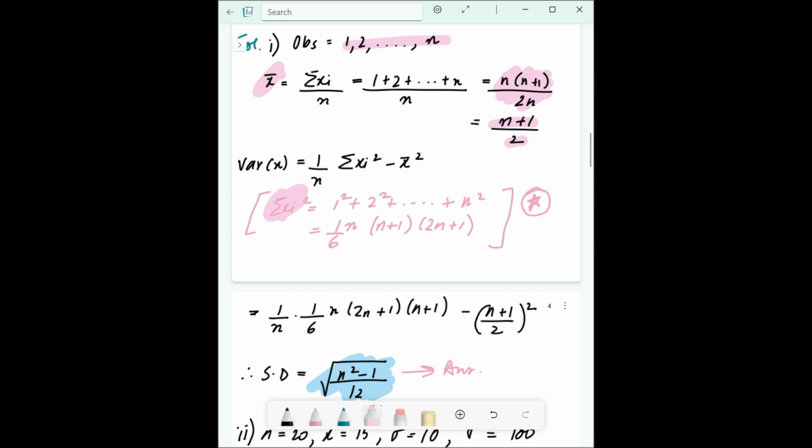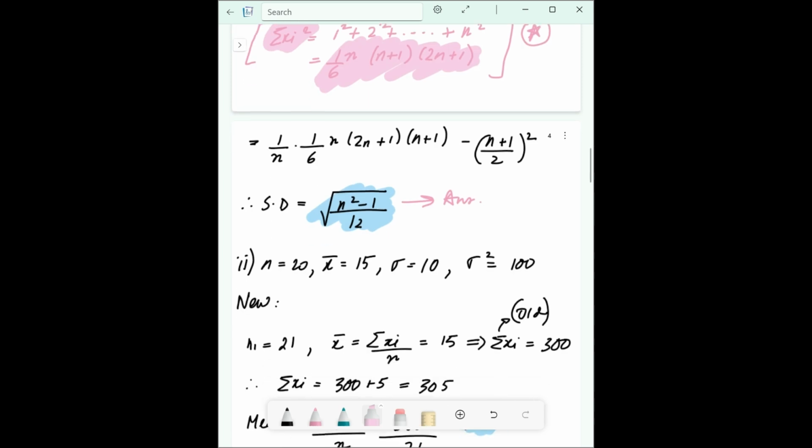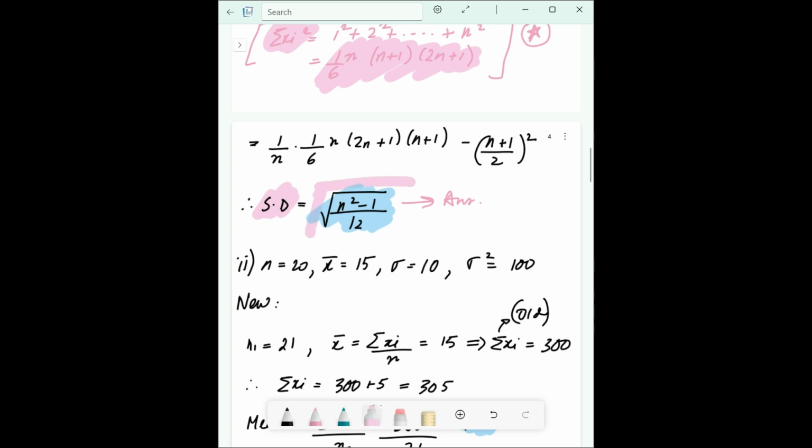Here, see, the summation xi square is 1 square plus 2 square plus goes on till plus n square. This has a pretty basic formula which you just need to memorize. You need to know this formula to solve this question, which is that summation of xi square, for 1 square plus 2 square plus goes on till n square, is 1 by 6 into n into (n plus 1) into (2n plus 1). Okay, like this you can find the variance of x. See, here the SD will be the root of variance, right? So the answer is root over of (n square minus 1) by 12. Okay,